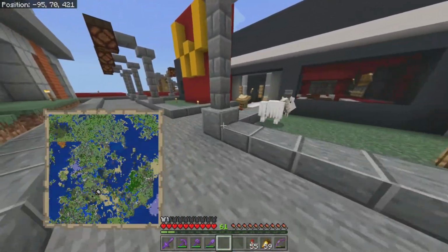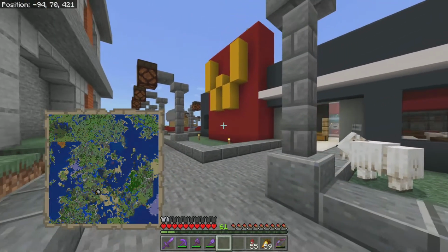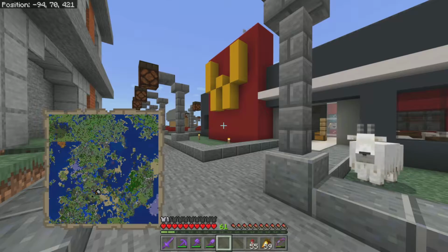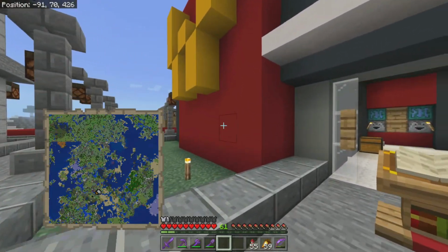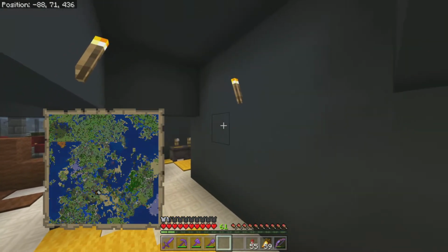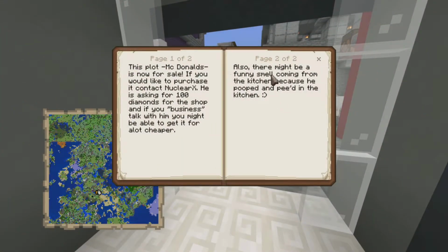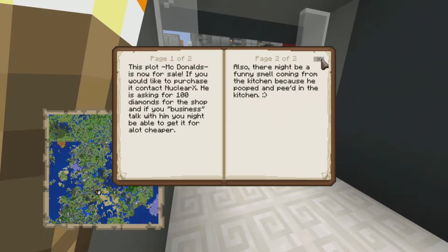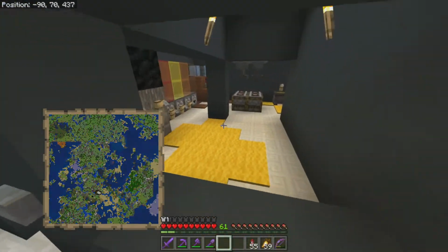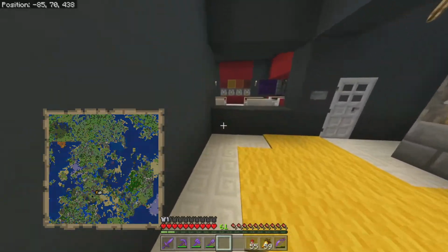Okay, this was first a McDonald's, and then Nuclear X got it. He made it a McDonald's, and then he made it a Nuclear X Donald's. So X Donald's. And then I changed it back to McDonald's. And now he's selling it, and there might be a funny smell coming from the kitchen because he pooped and peed in the... So, how do you even get into...